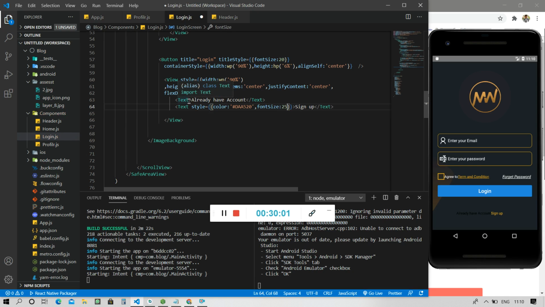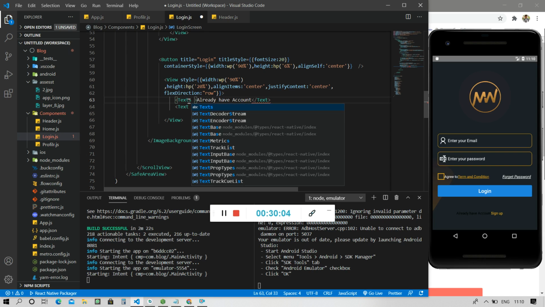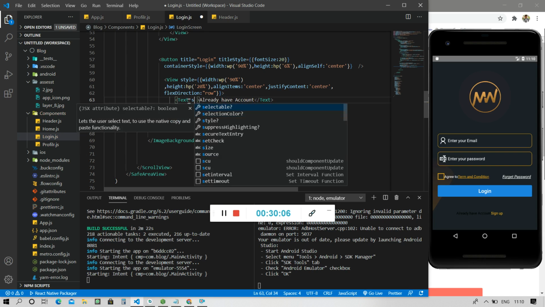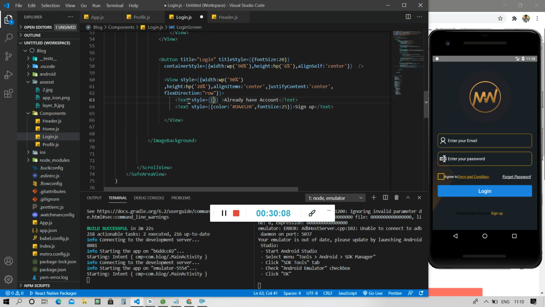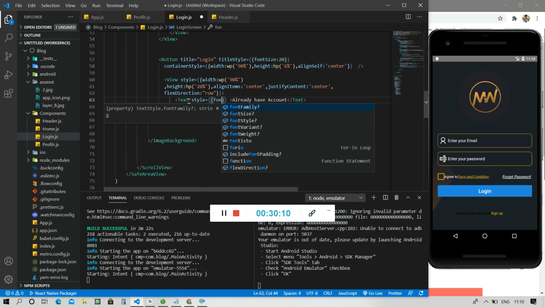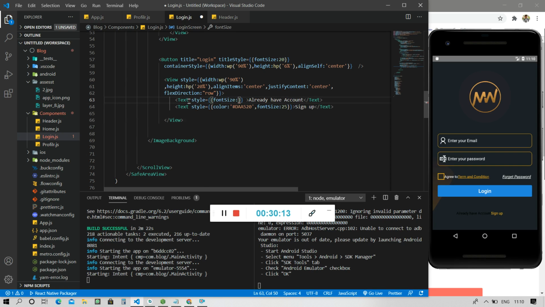And here I'm again giving this property in the style: font size of 25 and color white. It's very big. Now again it's very big, 15.